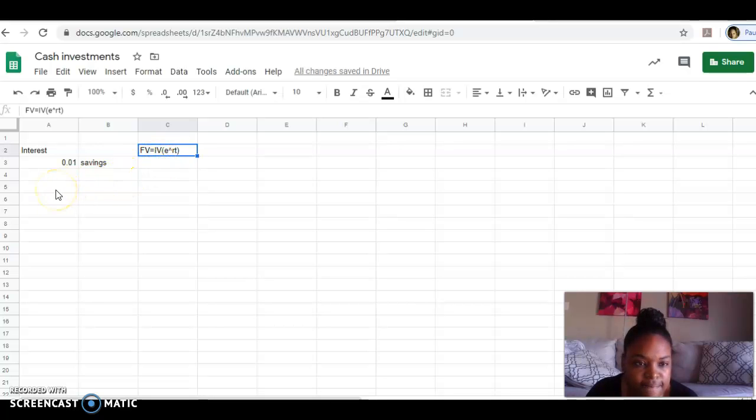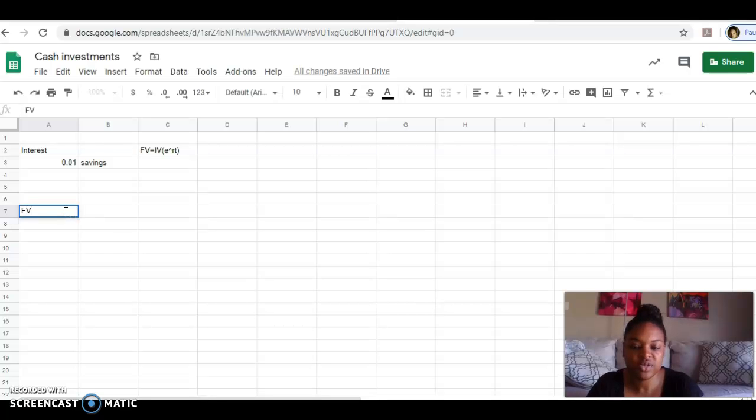Okay. So I'm going to skip down to this seventh row here because I'm going to leave some space so that I can put the other interest rates. But down here, I'm going to put the